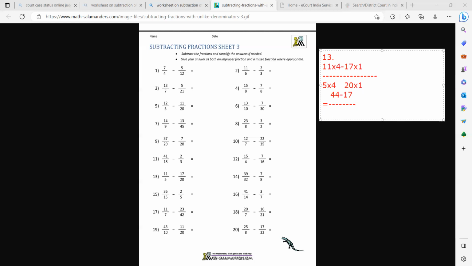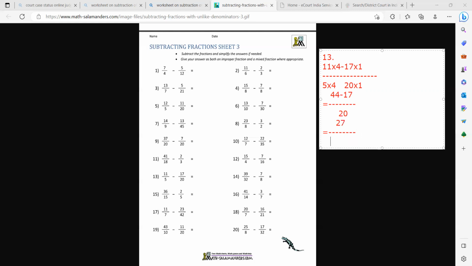The denominator is 20. So 44 minus 17 will be equal to, I'm so sorry, 44 minus 17: 4 will become 14. 14 minus 7 is 7. Then we have to take 1 from 4. That will make it 3. So 3 minus 1 is 2. So 27 by 20 is the